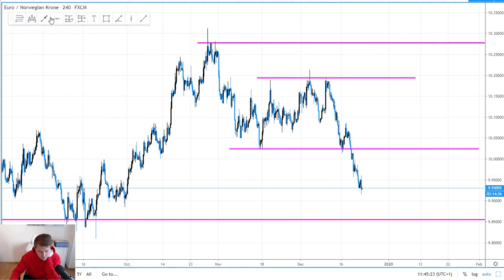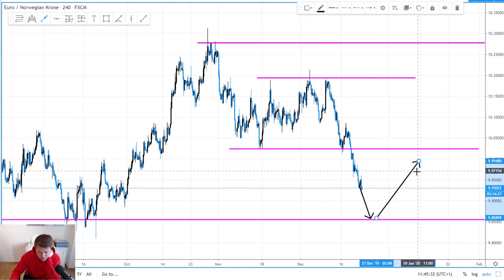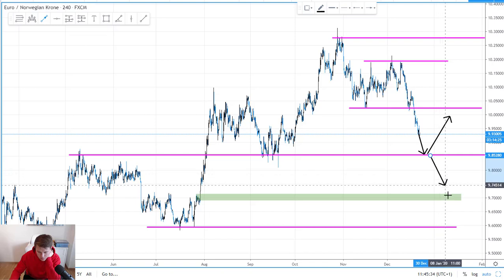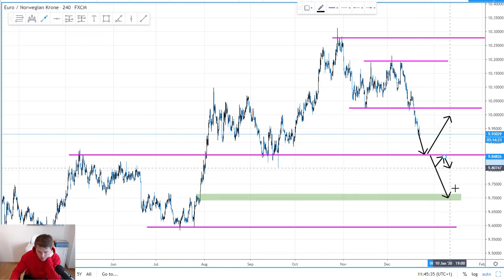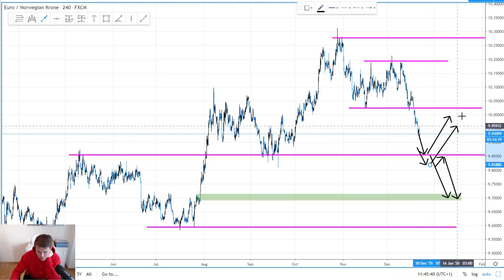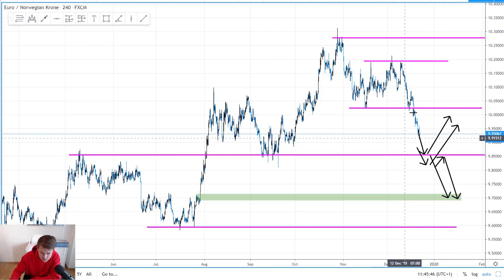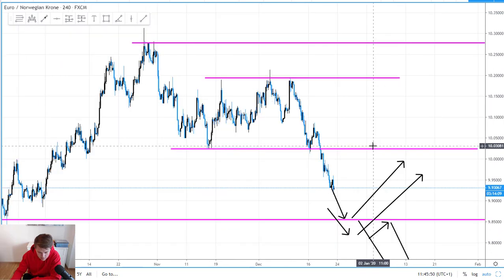And now what you want to do is wait until the price gets there. You just don't do anything. You wait until the price gets here, and then you either trade a reversal or a breakout. Maybe a break and retest, maybe a fake out. Those are the things that you can now wait for. You don't need to worry if the price is just in between levels. That's not going to be very